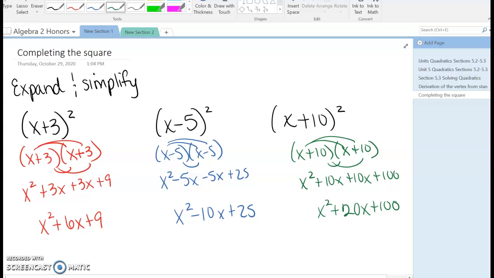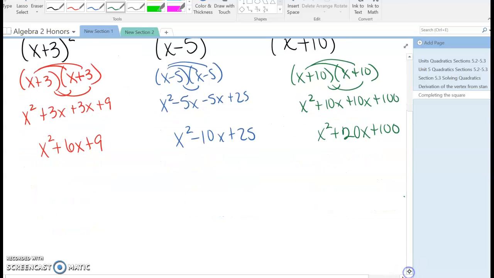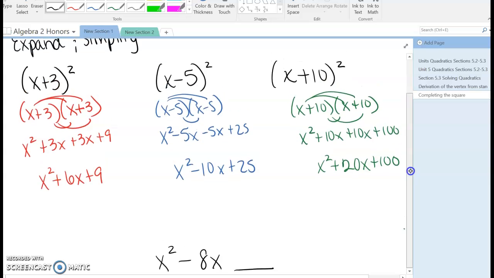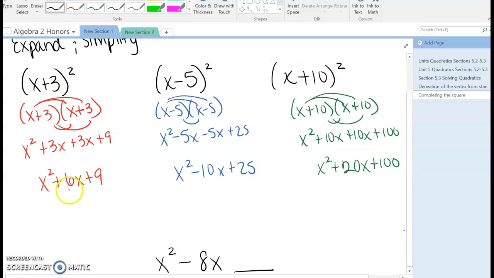Okay. Our goal is that we're going to take some sort of quadratic in order to complete the square, and we're going to actually have just these first two parts of the term, right? So we're going to have something like x² − 8x, and then your goal is to end up completing that square. And so what we want to do is ask ourselves, where do these numbers come from? So this middle term, 6x,